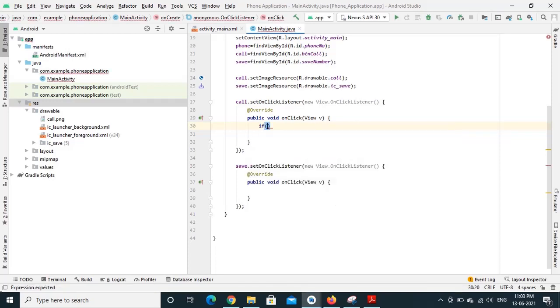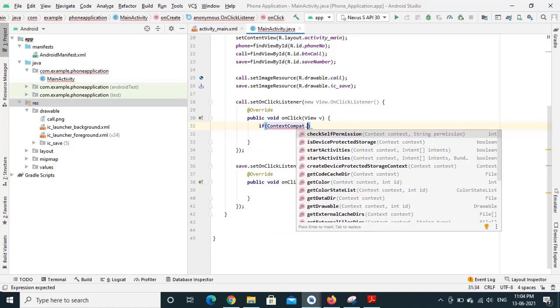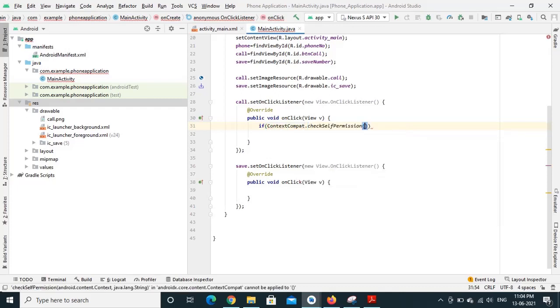Inside the if, we have to check whether call phone permission has been granted for the user. To do that, we'll be using some classes. The first one is ContextCompat. ContextCompat dot, we have a function called checkSelfPermission. It will check for a particular permission. This will take some arguments.